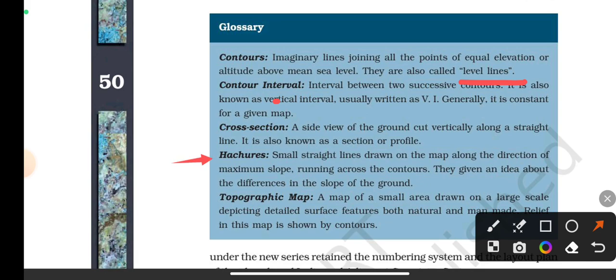Small straight lines drawn on the map along the direction of maximum slope, and this is used, I think, as a shading technique. I got an MCQ on this topic. Definitely I will share all the MCQs topic wise also in the later part, so stay tuned. Okay,